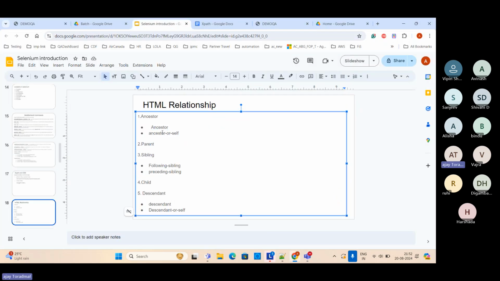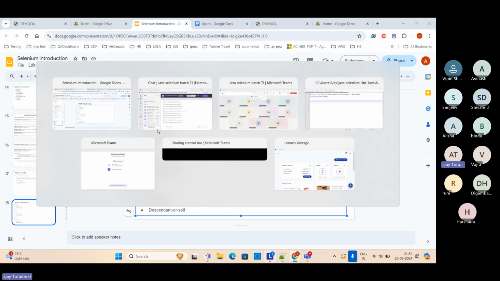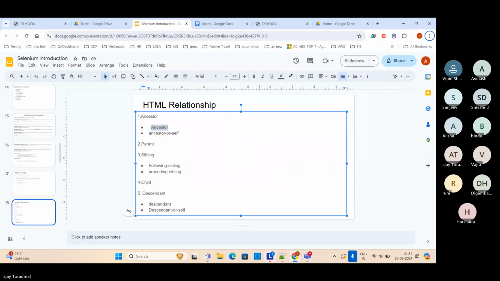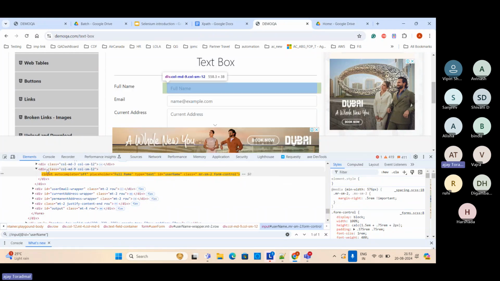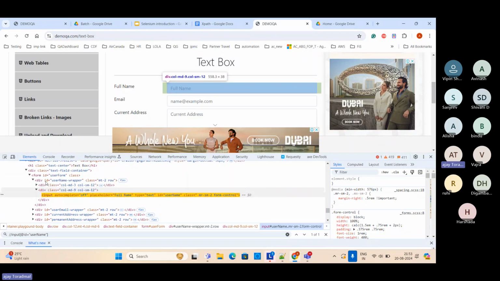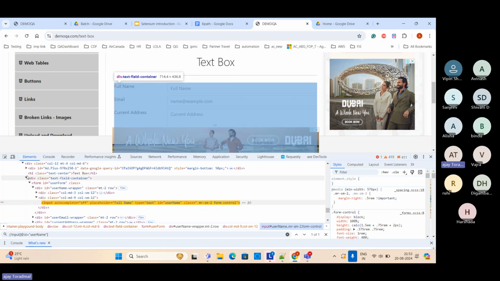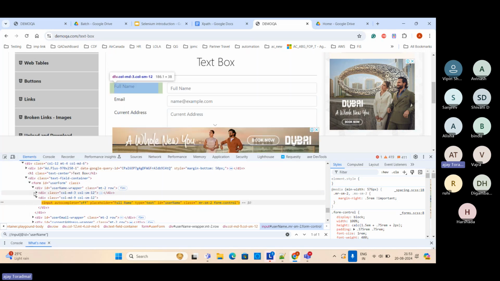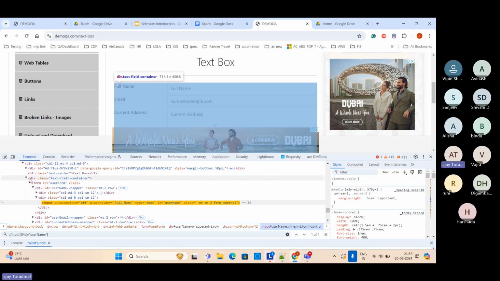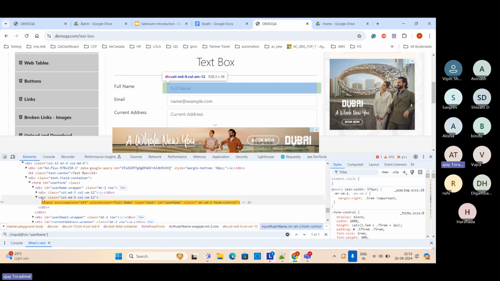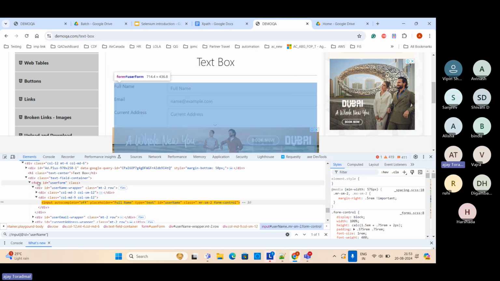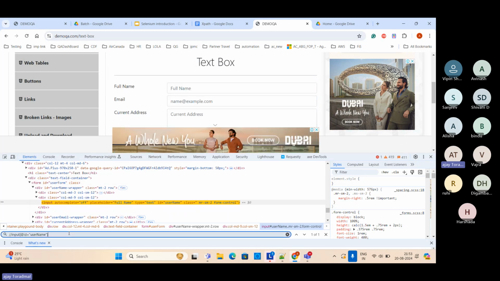We're working on this particular ancestor, right? So ancestor means what? Parent. So this one is the parent. Now this one is the grandparent. So whatever the nodes are expanded, all these are coming under the parents and grandparent hierarchy. So in this case, this particular div is parent, this particular div is the grandparent, this particular form is grandparent, this particular div is grandparent, right? So in that case, what we can say? We can say, okay,